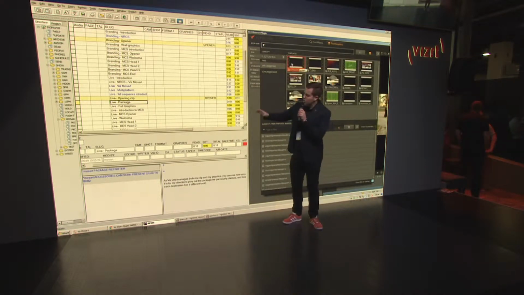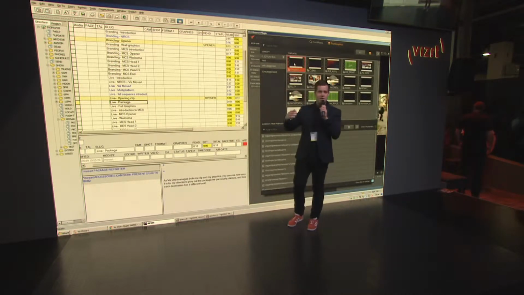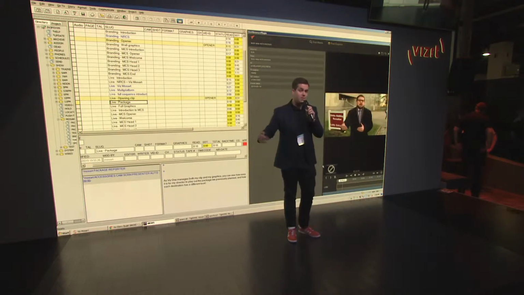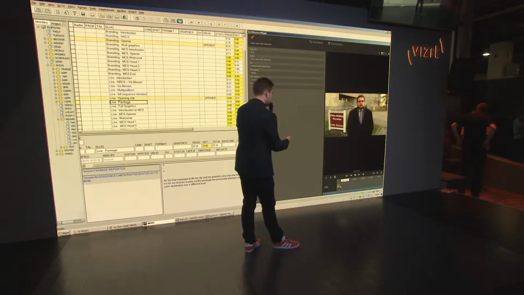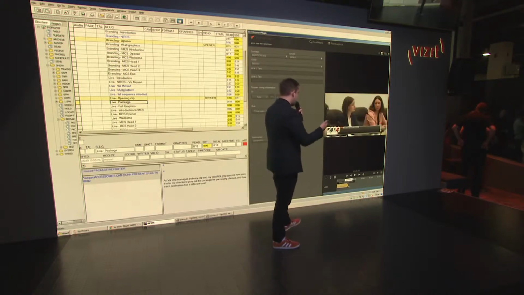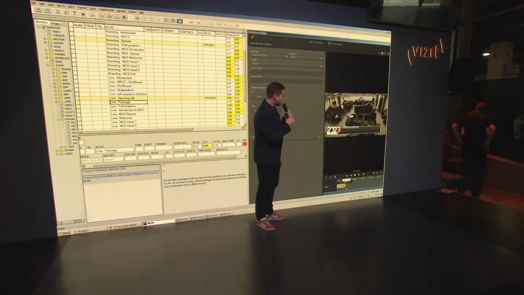Now, pay attention, we're really not leaving this interface, and that's great. Journalists don't want to learn too many new interfaces, so the ability to create everything in a single interface is very important for them as well. Now, this is where it gets interesting.